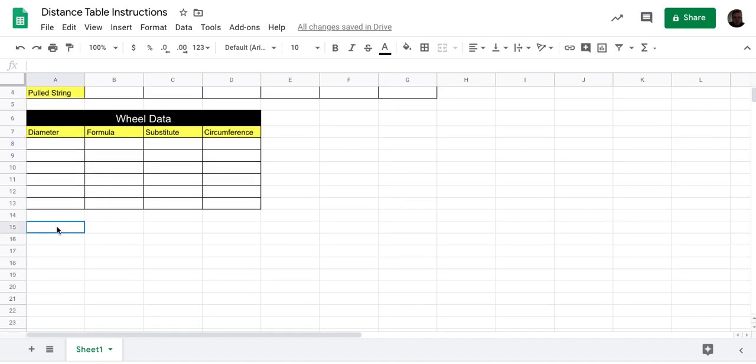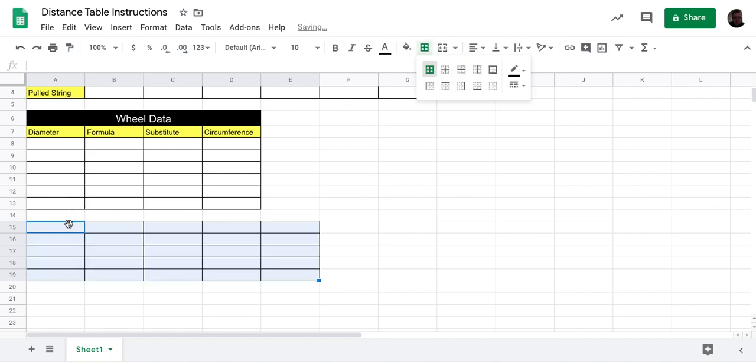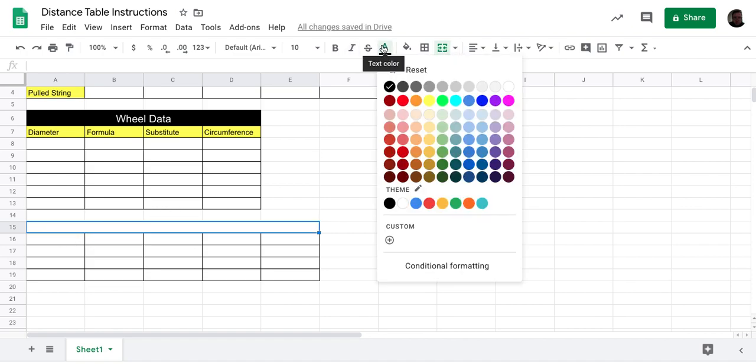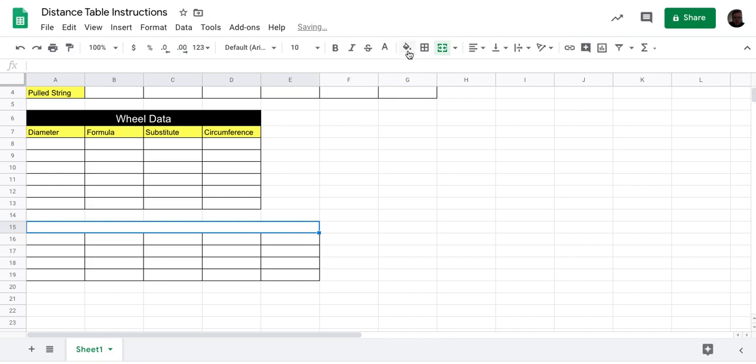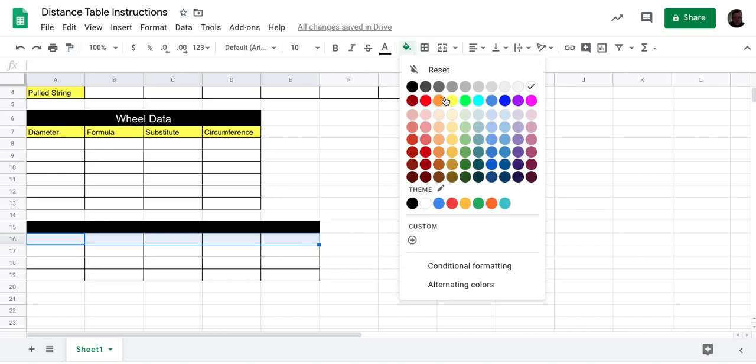I'm going to scroll down, create the axle data table, which will be 5 rows high, 5 columns wide, kind of the same process. And I'm just going to kind of speed through this. I think you're starting to get the idea of what we're doing here. Text color white, fill color black, fill these with yellow,